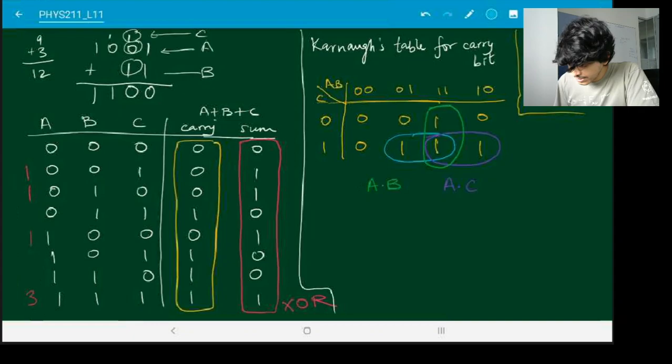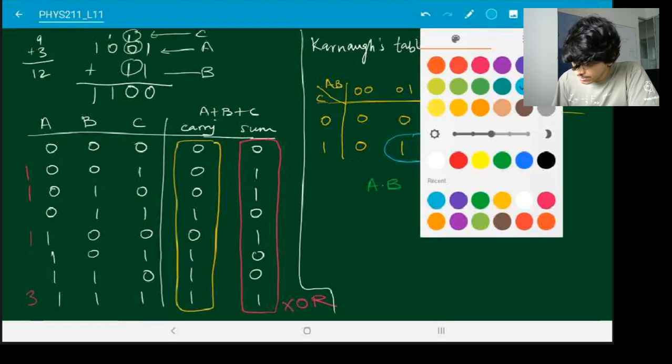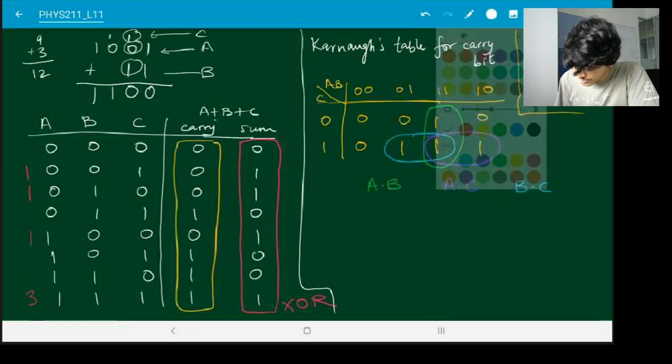What do you say about that? You can say that C has to be 1 and B has to be 1. A doesn't matter. So that is going to be B dot C.